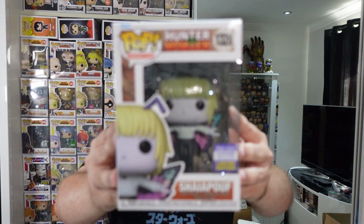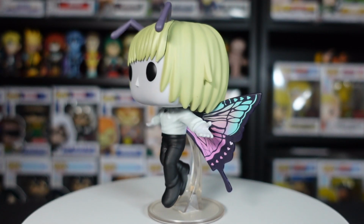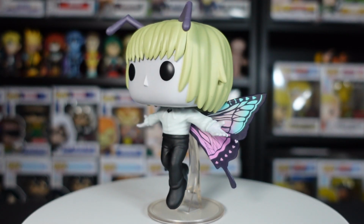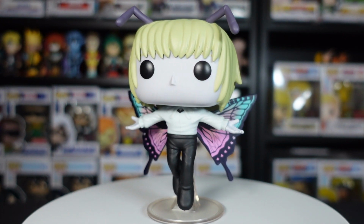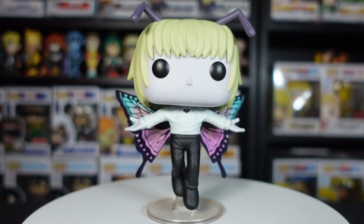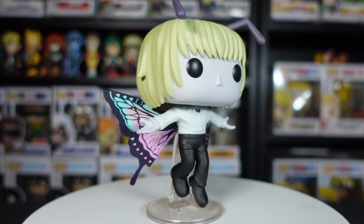And the next pop to show off, guys, is the last of our anime figures for today's video. Another purchase from Canada. This was technically the third figure that I purchased. I got it from a Hot Topic in Vancouver, or at least in one of the suburbs. It is Shia from Hunter x Hunter. And this figure is really, really cool. Again, very, very happy to have picked this up. I paid $20.90, obviously tax again on top. So probably, again, somewhere around 22, 23, 24 Canadian dollars, meaning I paid somewhere around 13 to £15 for this,